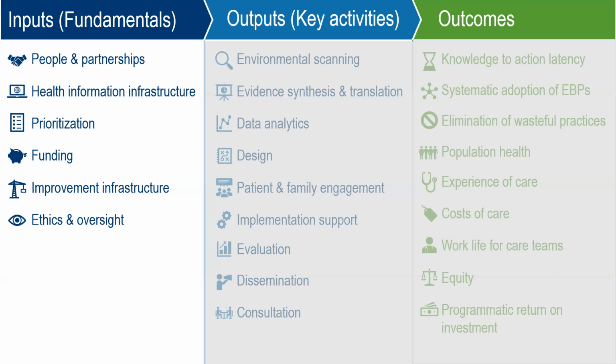Health information infrastructure, we relied heavily on Epic analysts to help develop workflows in our electronic health record. This third one, prioritization, this was absolutely key. And without this, we would not be having this conversation today. The decision to hire 30 CRSs